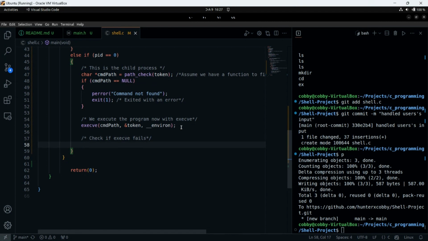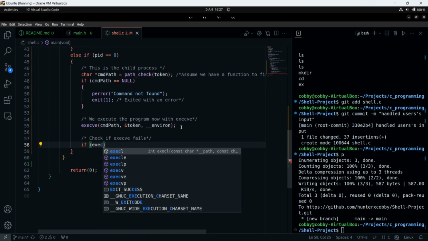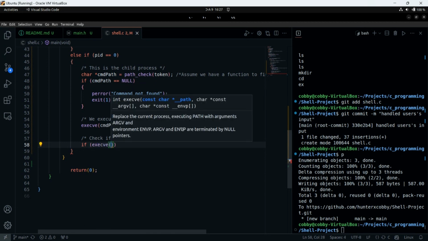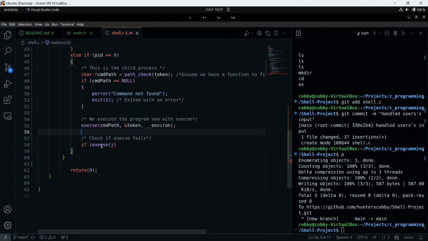So you would have something like if. This whole thing we pass onto it. We have to equate it to what execv returns if it fails. So we have to pass this whole thing. What do we have here? Command path. Let me just copy it.